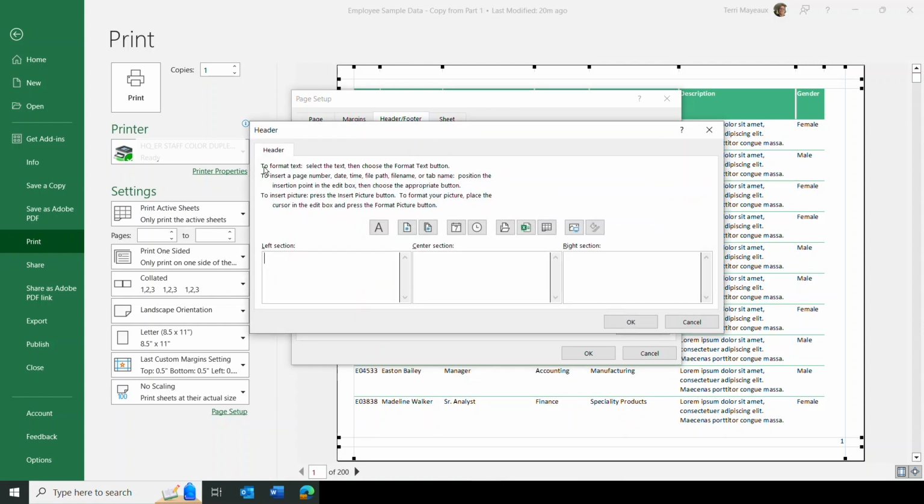And let's look at the combination here of the text at the top and then our toolbar here that runs across the center. As I rest my mouse on that A, it says, well, this is format text. And then I get information about how to format text up above. So it says select the text, then choose the format text button. So if I were to type something here, name of work, I would select the text